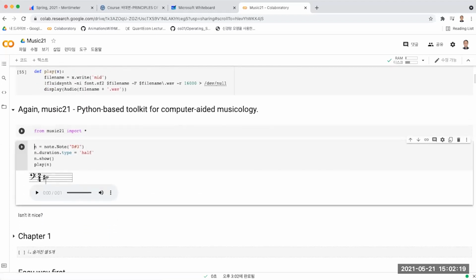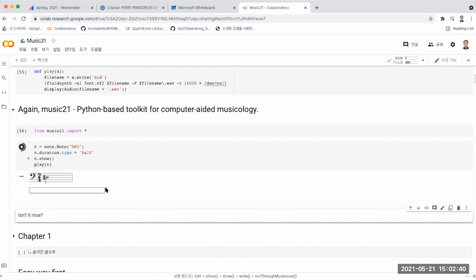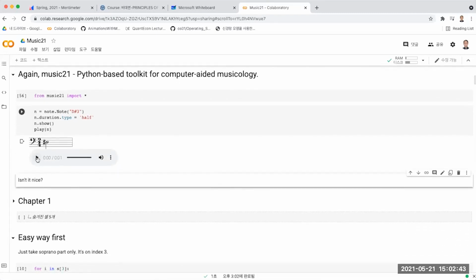So once we accept that those two cells are given, we can start again. We import everything, and then n is a variable which has just one note. n dot show shows you this score, and n dot play means you can actually listen to the sound of this note. So I can hear the sound, and I think you can hear it too. So this is just one sound,